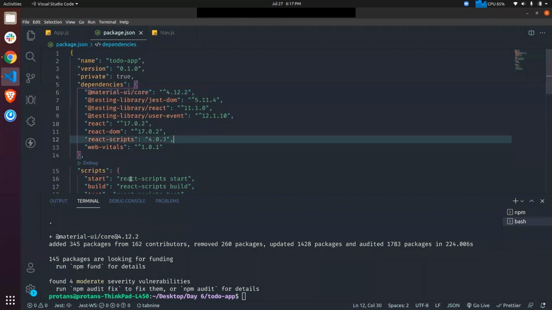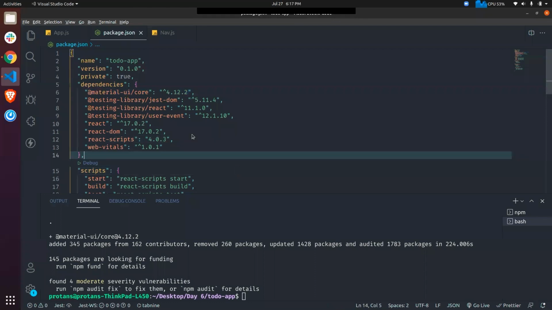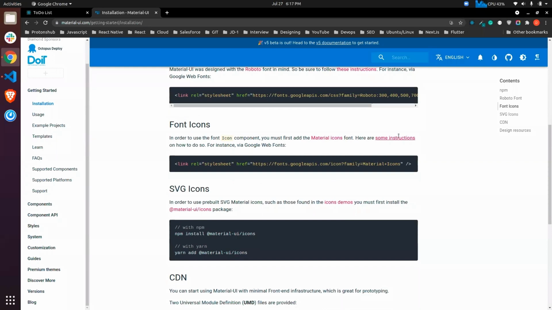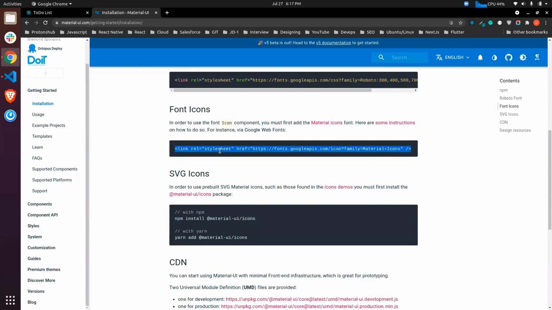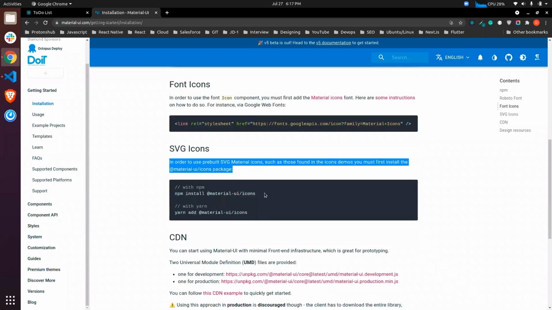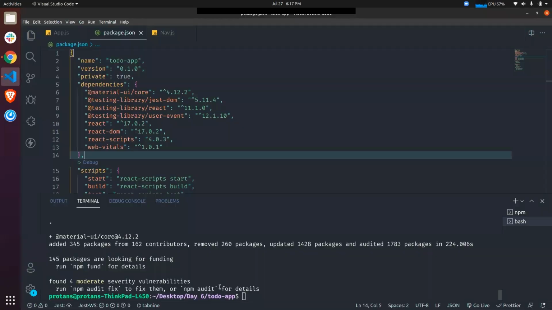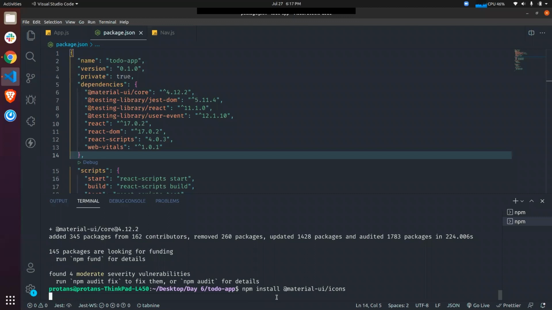Now to install the icons, we need to add another. If you want to use the font icons, you have to import link. If you want to use the SVG icons, we need to install another package which is Material UI slash icons. So we'll install this as well. So let's install this.